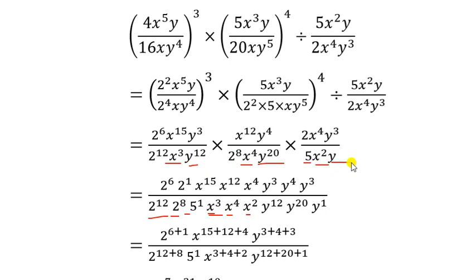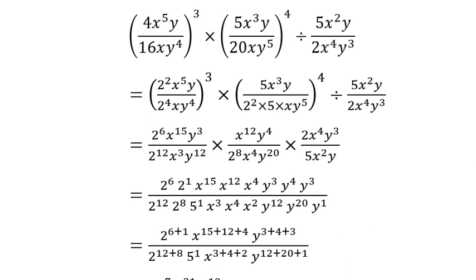In this way you have to solve, then only you will get the correct answer, otherwise all the time you will get the wrong answer. And remember this, you have to arrange first number then variable, then only you can calculate, otherwise always you will make mistakes, remember this. So according to this way you have to complete it.